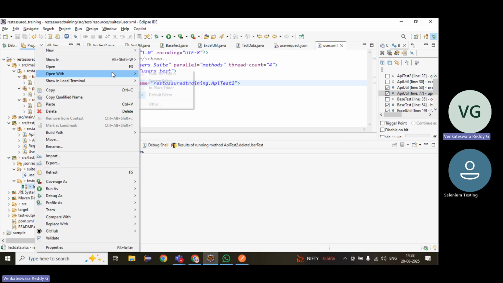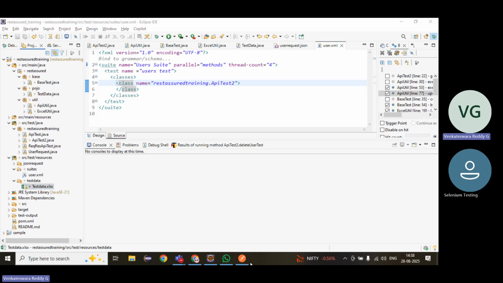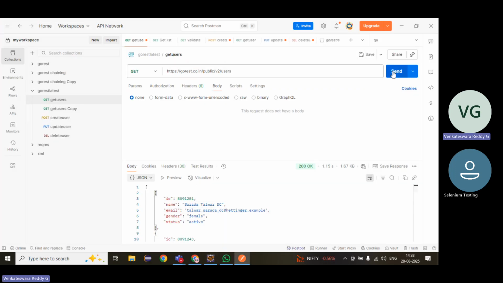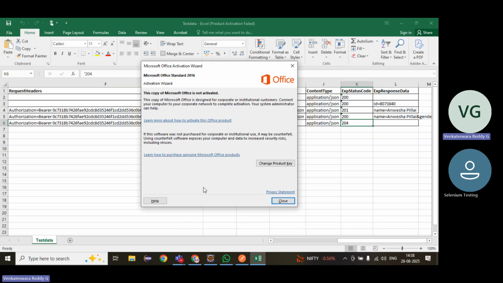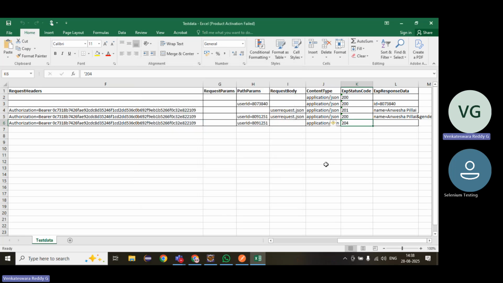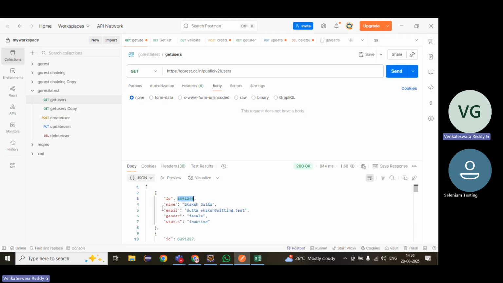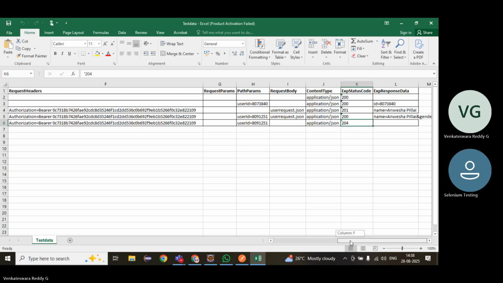test data. Okay, we will take the fresh record here. We have already deleted the previous one, so we just need to update it. If you want to get the dynamic one, what do you have to do? If you want to get a dynamic user ID, just execute the get users API, get the ID, and pass it dynamically, right? You can enhance it. Okay, then for update